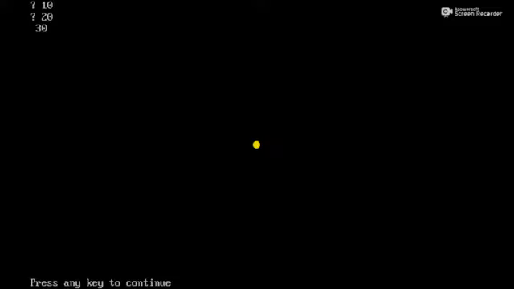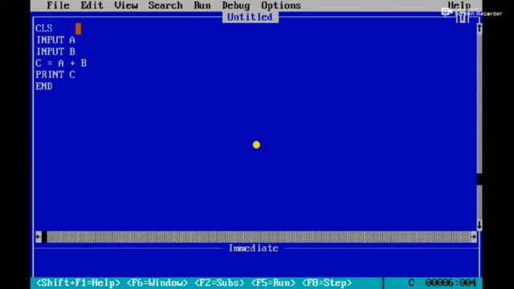What will happen? It displays the output. What is the output? 30. Here I used the statements input A and input B, so we are giving values for the variables A and B. After that they are added, and the added value is assigned, that means stored, into the variable C. At last the value of the variable C is displayed on the screen.